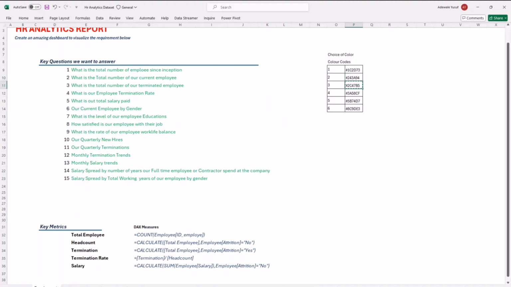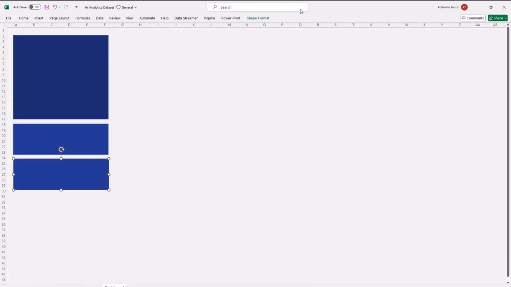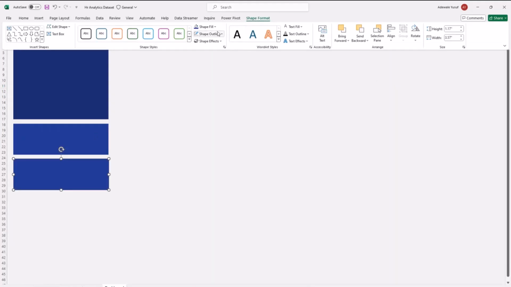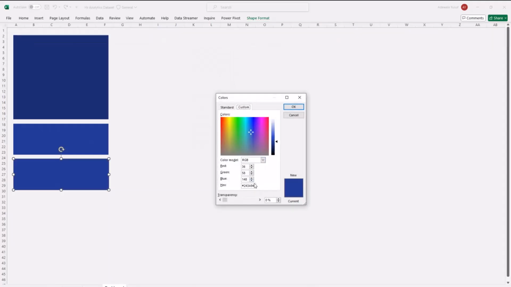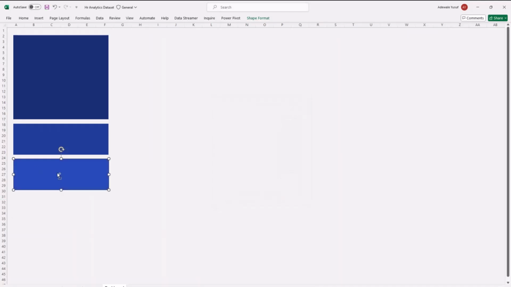When you are working with your colors, I think it's best you document your colors like I did. Just write it down like that, so that way you know each of the colors you're using. So if I go to Morpheus, I also paste my hex code here. This is also another shade.